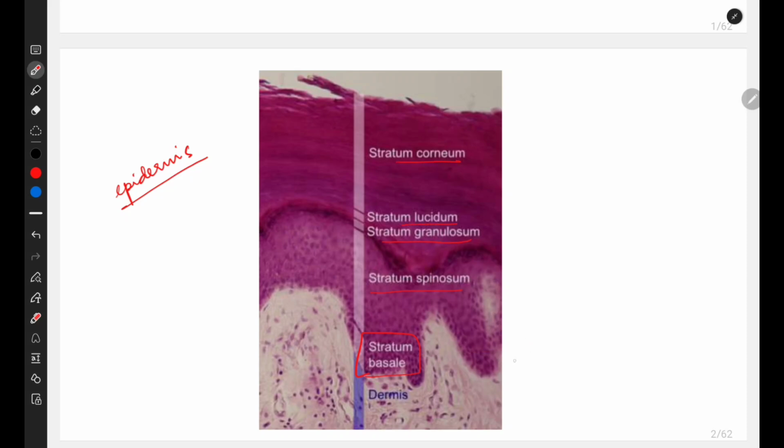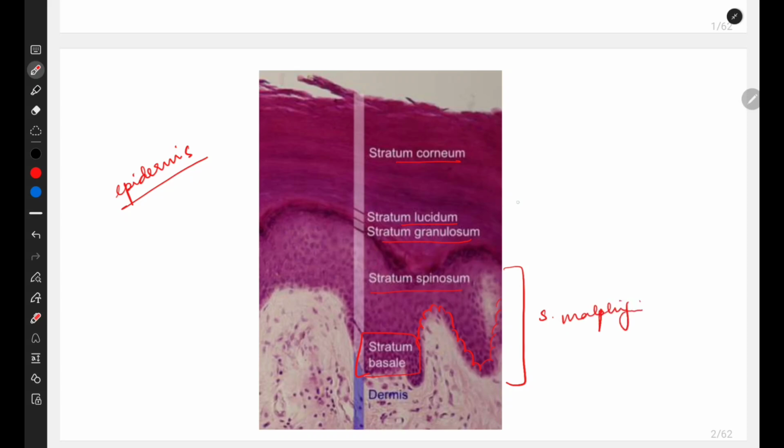Stratum basale is a single layer which will be composed of all mitotic cells. All the division will start here, then it will progress upwards. And coming to spinosum, this contains all the keratinocytes and Langerhans cells. So this is the thickest layer. As you can see from here to here, it will be full of spinosum. And spinosum plus basal together is called as stratum